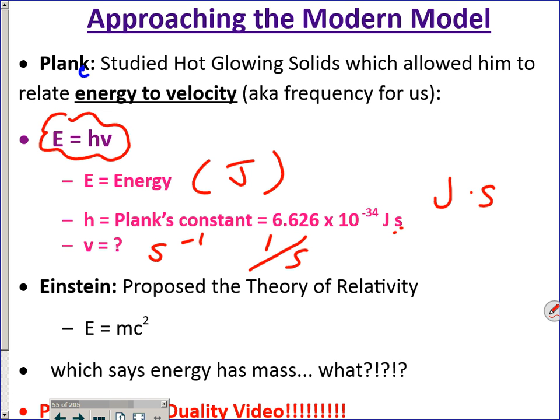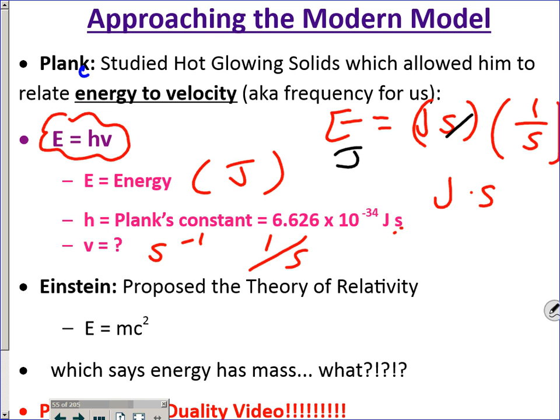So how do all these units kind of come together to make J, to make joules? E is equal to, what's the H's units? Joules seconds, right? Joules times seconds. And then what's the frequency's units? Per second, like 1 over second. Okay, so what happens with those seconds? They cancel, leaving us with what? Joules. And that's the energy unit of joules. Okay? So those units should always guide you to whether you are appropriately plugging in information, or calculating correctly,